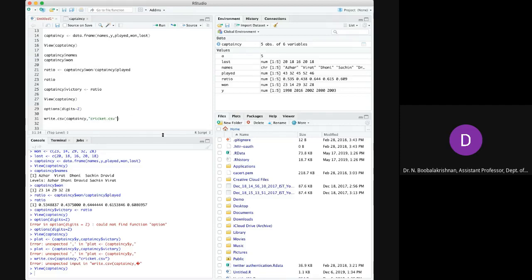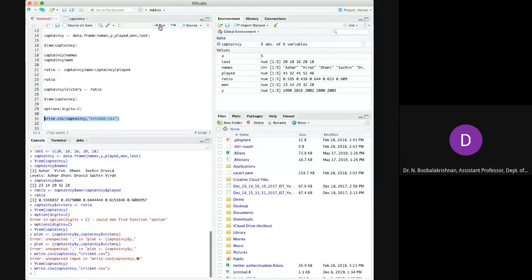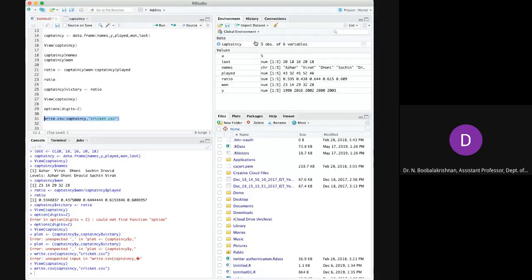So you see, it's totally different. If you copy the double quotes, it's an issue. You see where it was the captaincy 5 observations, now it becomes 6 variables.